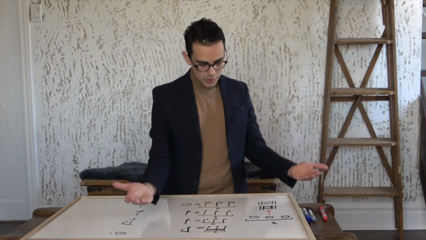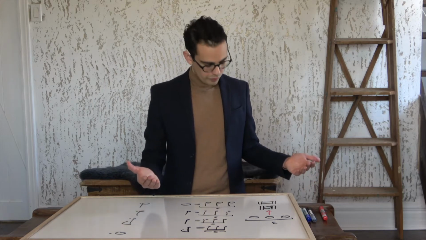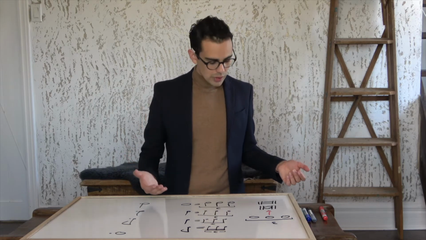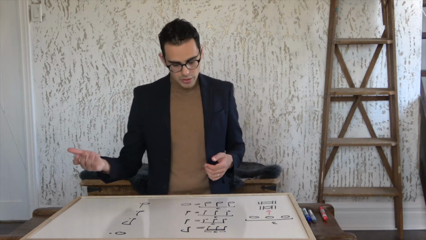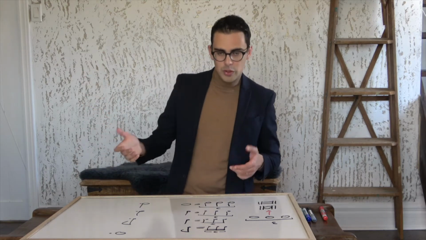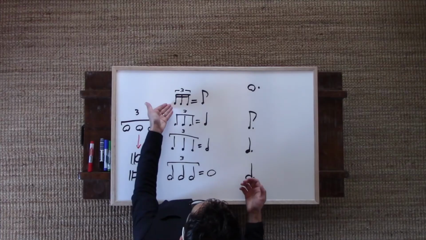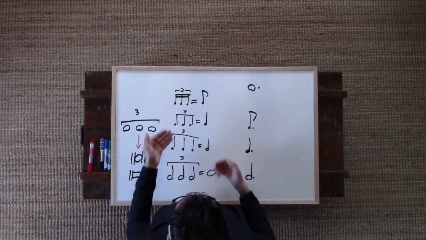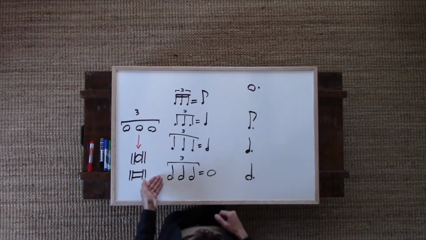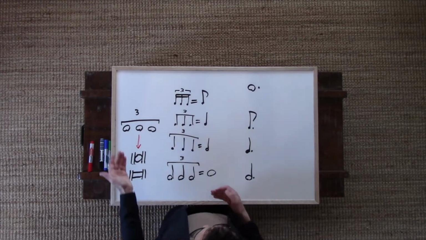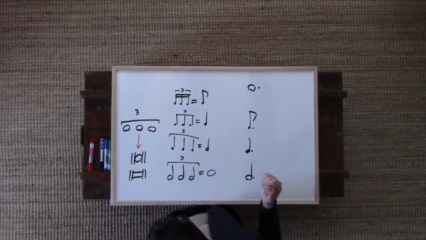So there's a small chart of triplets, just to review. A triplet is equal to one note that is of the next greater note value to what you're actually looking at. So a 16th note triplet is worth an 8th note, an 8th note triplet is worth a quarter note, a quarter note triplet is worth a half note, a half note triplet is worth a whole note, and a whole note triplet is worth a TIE fighter from